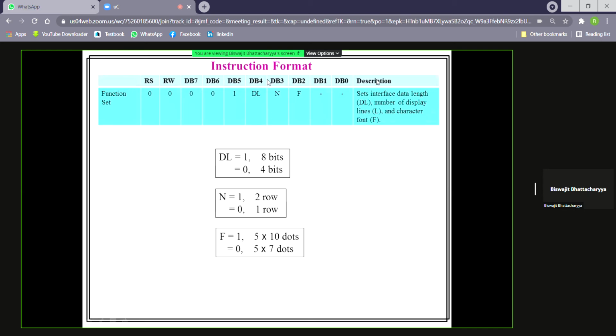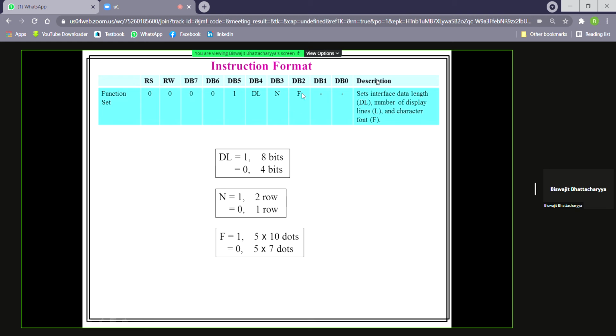When DB5 equal to 1, then the rest of the bits will be treated as per the format. DL equal to 1 means it will be 8-bit data transfer mode, the 8-bit mode of LCD. And DL equal to 0 means 4-bit mode of LCD.